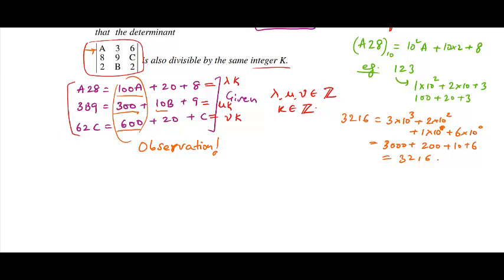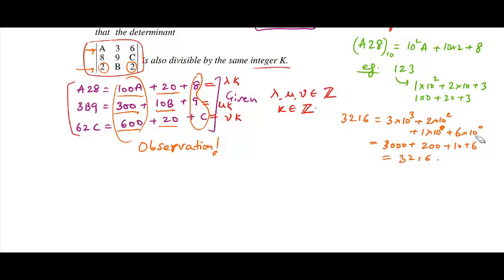You have 10B. So 10B is like, maybe I multiply the third row with 10, so I get 10B, and then do I get 20 here? So I get 20 also. If I multiply this with 10, I get 20. If I multiply this with 10, I again get this 20. So we are done with these 2 rows. 8, 9C, this particular thing appears straight away here. So now what we do is, let's remove this.